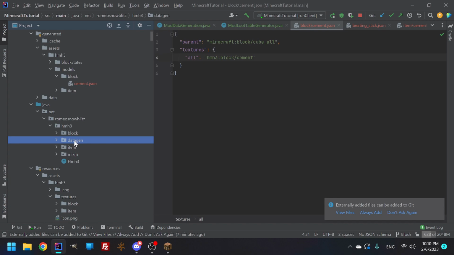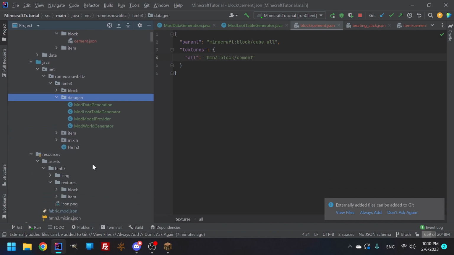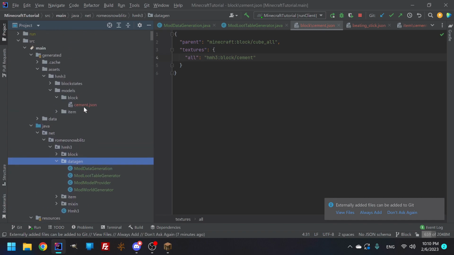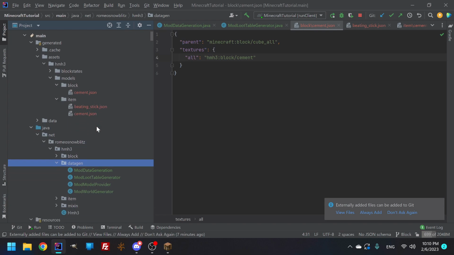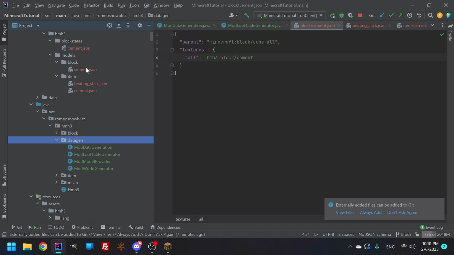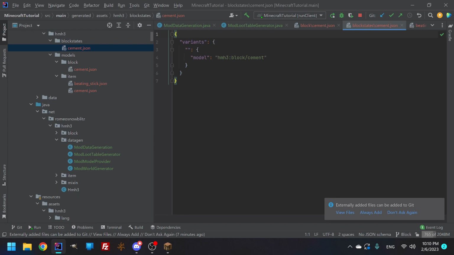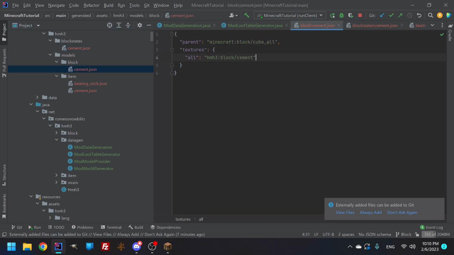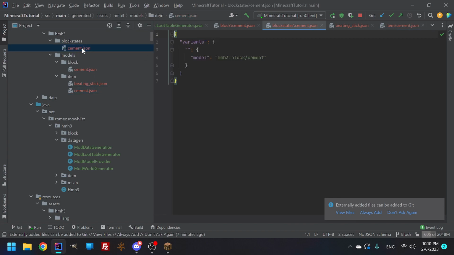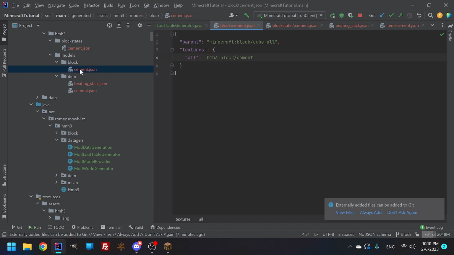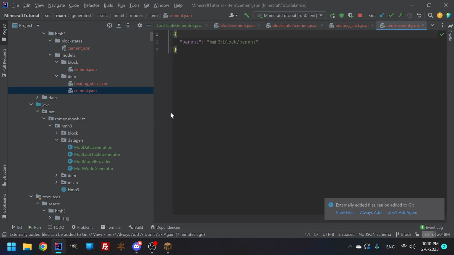It's just for people who prefer to do it. It is much easier to go, all right, I have made a new block, and instead of adding to this folder, calling the name, then going into the item folder and calling that name as well as the block state, cement is used in 3 places here. When I click on each one, I have to type it out again, and again, and again. So I have to write cement 6 times. So inside the code, and then the actual name of the folder, and then for when I compress it into